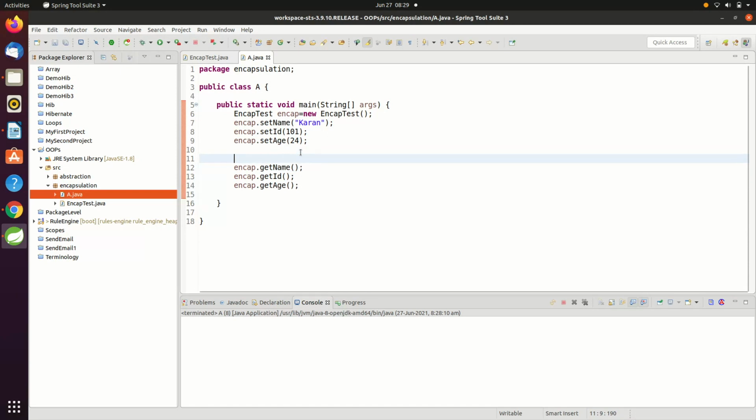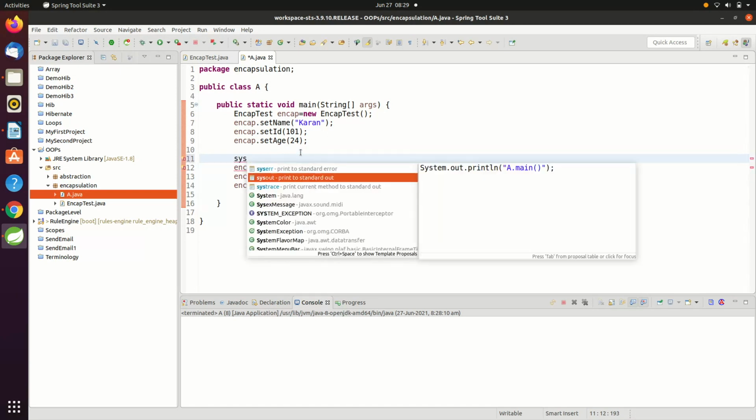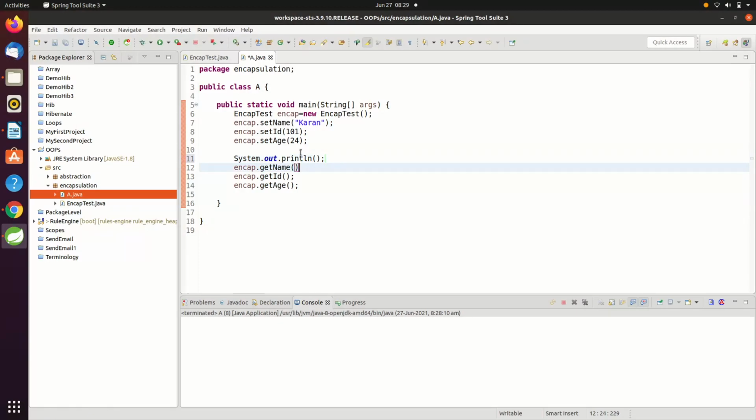I will require the System.out.println method. First I will require name in double quotes. I'll give name. I'll cut this and paste it in the System.out.println method.